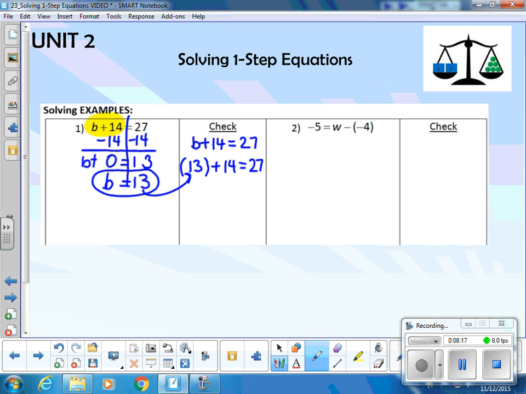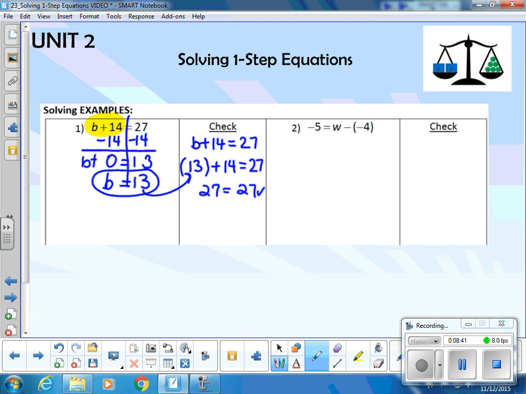So instead of b, I'm going to write 13. Now if I add on the left side, 13 plus 14, well, 3 plus 4 is 7, 1 plus 1 is 2, I get 27. 27, does it equal 27? It does, and that tells me this check step allows me to check my answer and say, yes, 13 does